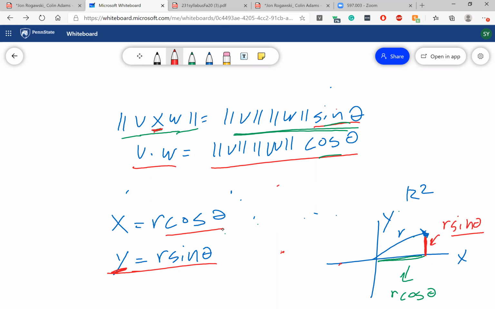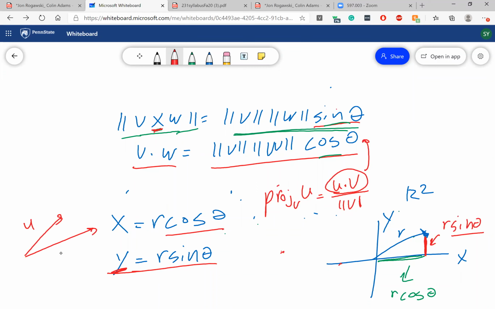It can be used to find the projection in the x direction, which is why if we have two vectors, then the projection of u onto v is equal to u dotted with v over the magnitude of v. And that's because this is playing the role of cosine, like we saw in the proof. And so when we want to find the projection, which is kind of like finding the x coordinate,